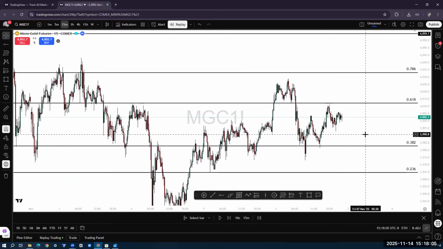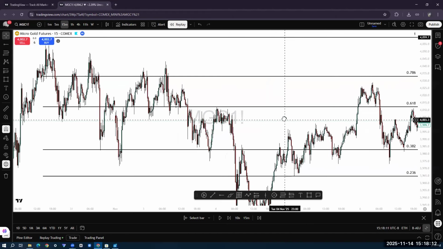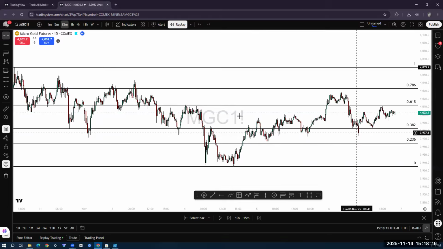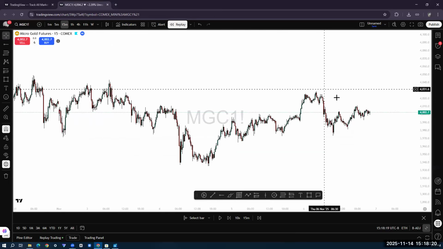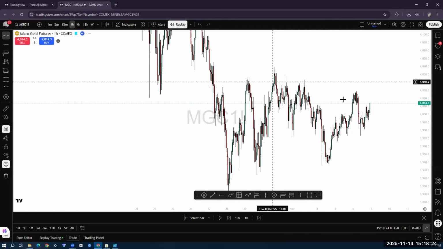What determines not to actually sell from the 618 and to wait for price to reject? I don't want to say anything determines it. I would say price action. So let's go back and look at price action. Let's find something that can explain the rejection in this region.